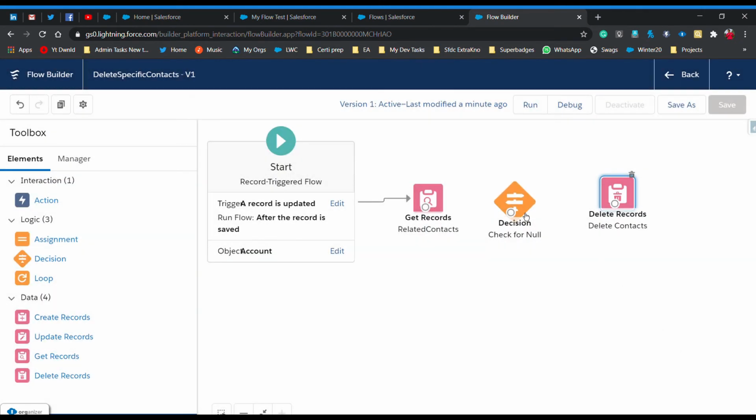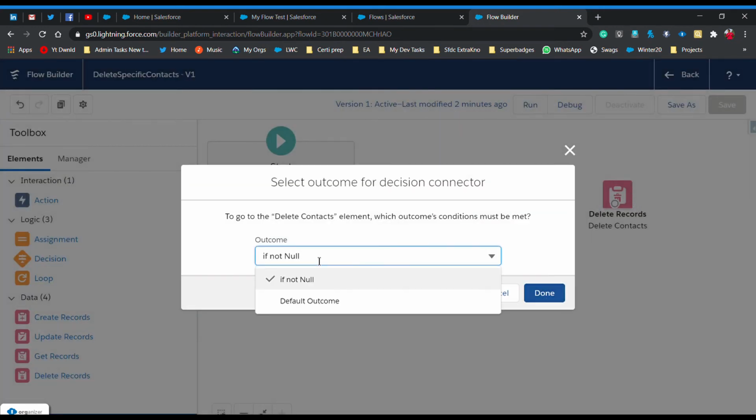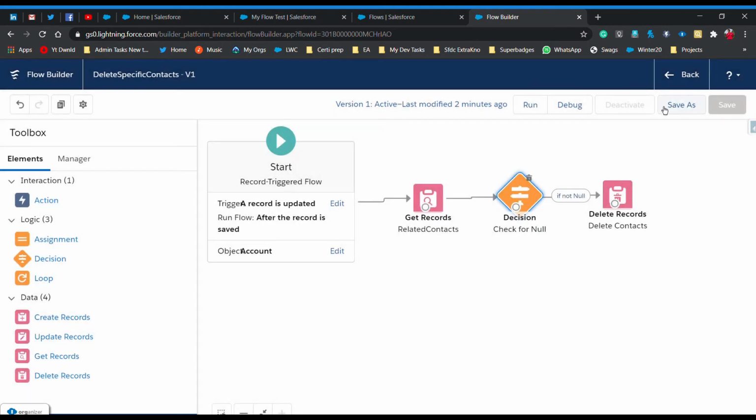and simply click done. So basically what this decision element will do is check for null. If the collection variable has some records, then they get deleted, and if the record variable does not have any records, then it will do nothing. So simply what you have to do is connect the dots and simply select if not null, click done,